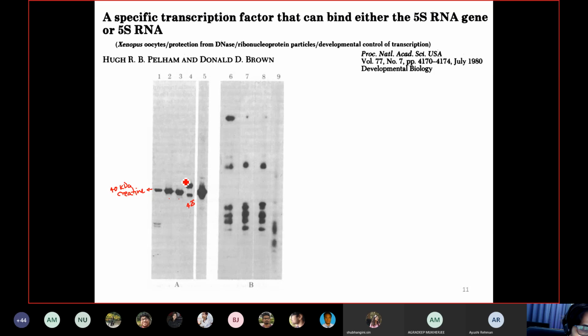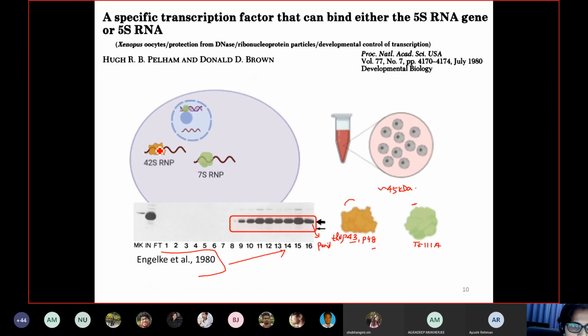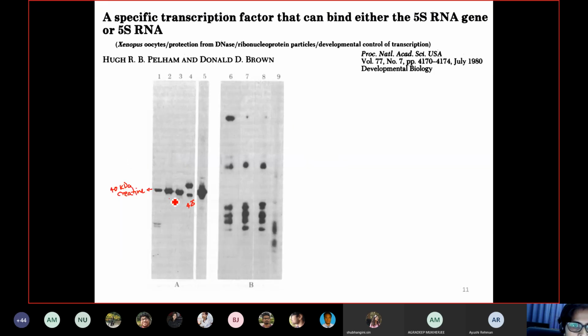42S molecule. So this is the orange molecule which I have shown here, 42-1, and the other is coming from the 7S molecule. They ran this into the gel, and what you see in lane 5 is the purified molecule, in large excess quantity. They wanted to check how pure this protein is, so they loaded it in a large amount. So they could show that these proteins are highly pure and no other bands are coming into the picture.